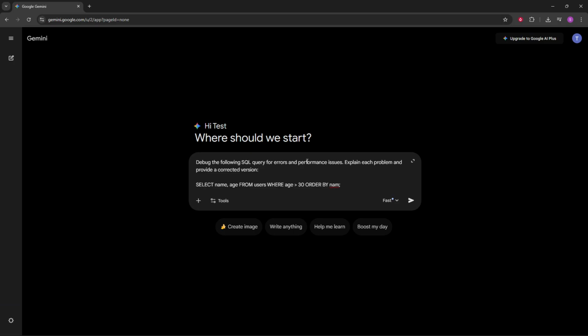Now ask Gemini to find errors or optimize the query. Be specific about what you want help with. Tell it whether you're looking for syntax errors, logical mistakes that cause wrong results, or performance issues like slow joins and missing indexes. Ask for step-by-step explanations of each problem in plain language so you can learn what to watch